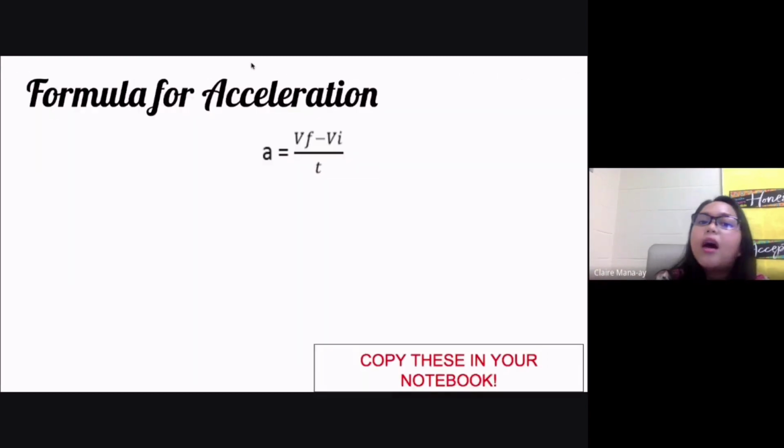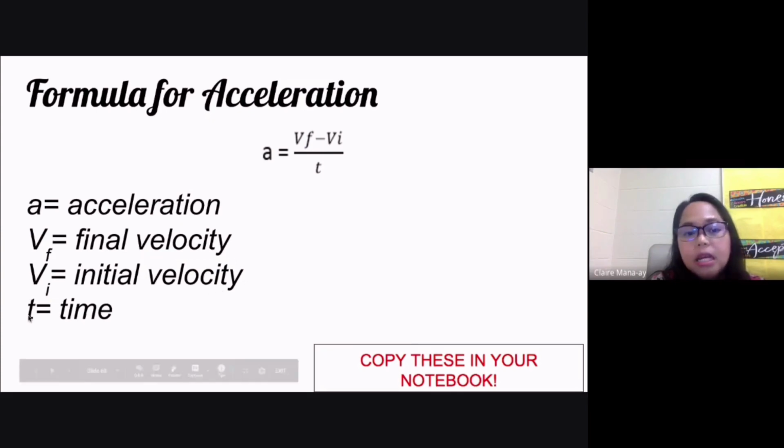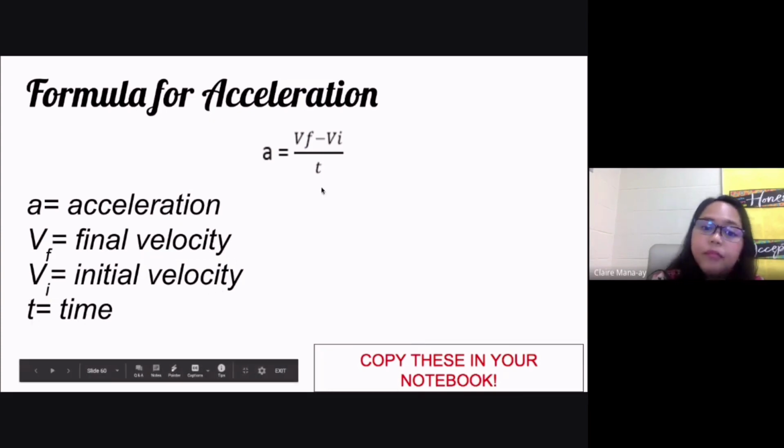We have the formula for acceleration here. Okay, the formula for acceleration would be a equals Vf minus Vi over t. Now, in this formula, a, of course, would be acceleration. Vf, that's your final velocity. Vi, that's your initial velocity. And of course, t is time. So again, this is going to be the formula for acceleration that we are going to use whenever we